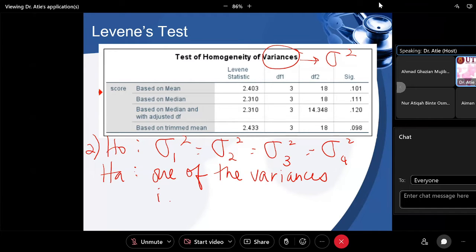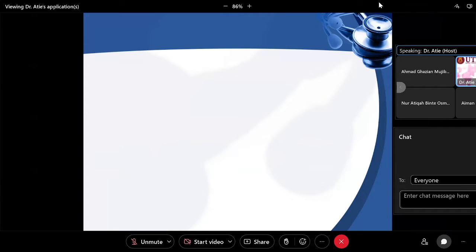You can write it in a few ways. So that's the second step. Right? So let's continue. Okay, the third step is to find what is the alpha, 0.05, and then what is